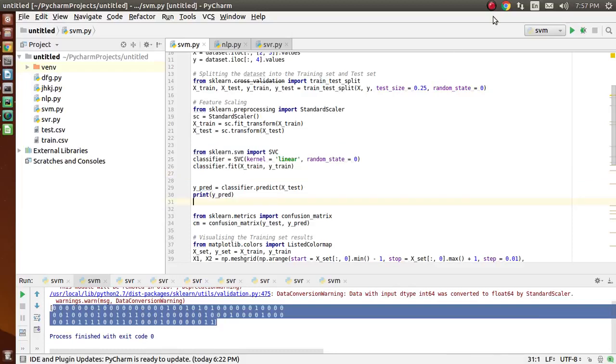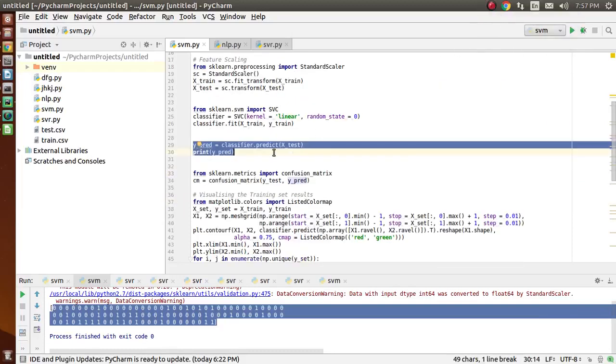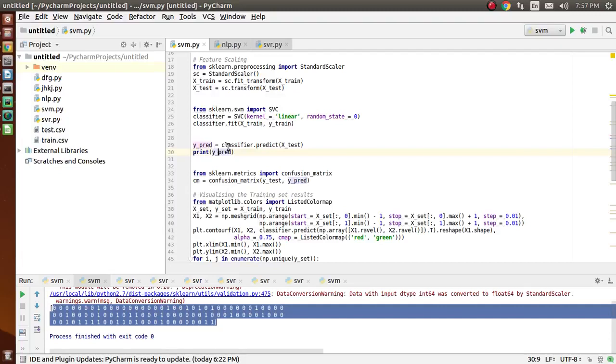Finally, using this code, we are predicting the test set results using classifier.predict, and we are assigning this value to the y_pred variable, and finally we are printing this, and here is the output which we have got.